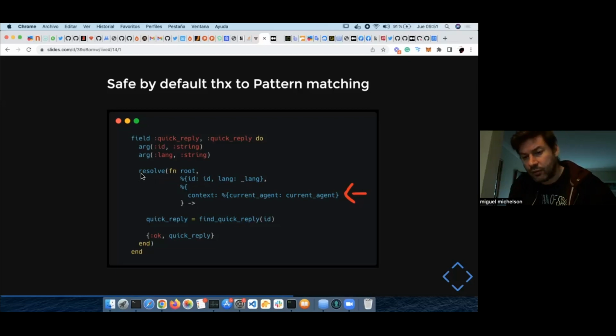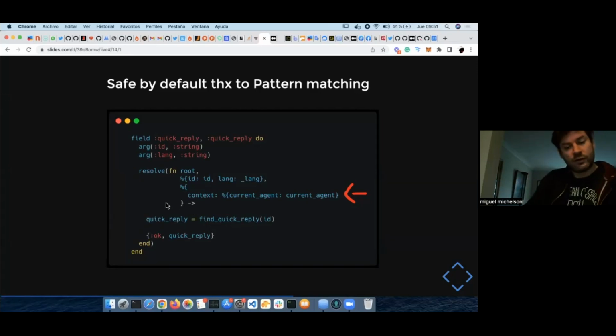For example, this resolver in this GraphQL field lets you pattern match some params. In this example, if there isn't a current agent asking for this resource, then this method will not resolve. So it's a really good approach to work with GraphQL in Elixir.